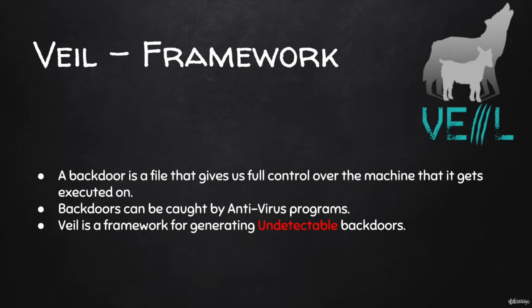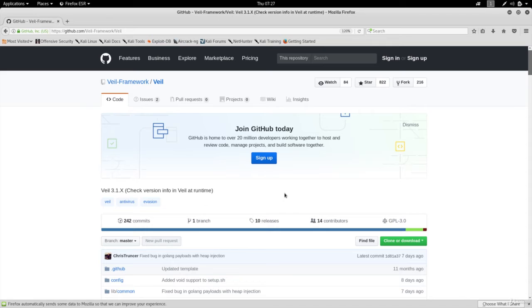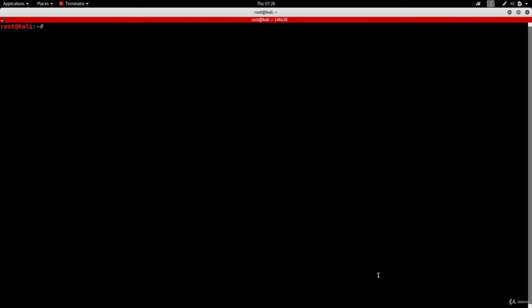Now, this is not very hard to achieve, as you'll see, and we're going to do this using a tool called Veil Framework. I already have Veil's project page open in here. I'm going to include its link in the resources of this lecture on the top left. Now, if you're not familiar with Git, this is a version control system that allows programmers to host, share, and update their programs. So, to download something from GitHub, all you have to do is click on the green button in here, copy this link, and then go to Terminal,